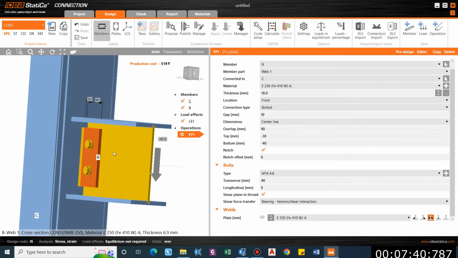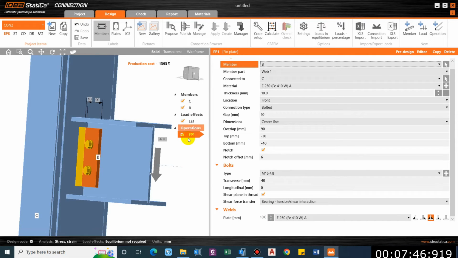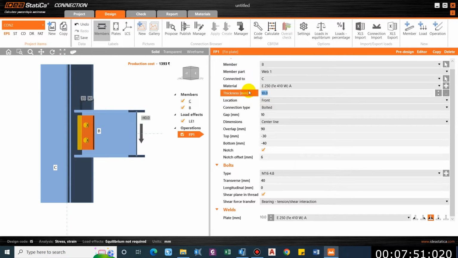And the weld here, let us consider this as 10 mm, equal to fin plate thickness. So here we can simply keep this thickness as 5 mm. Let's start with 5 mm, keeping this weld as 5 mm. We'll consider the single fillet only on the front side,